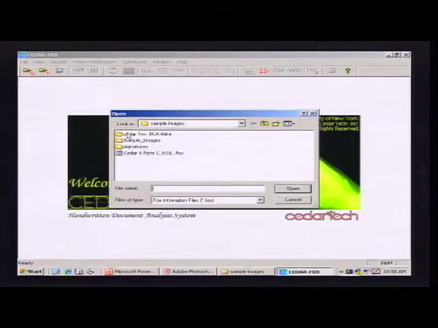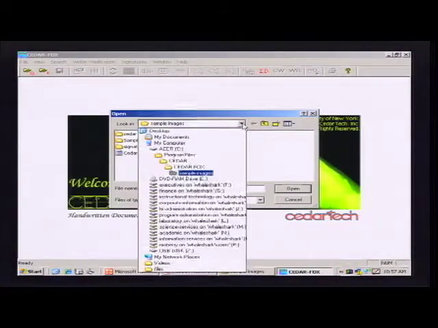First, with Cedar installation, we have some sample images installed in your drive. So if you follow my